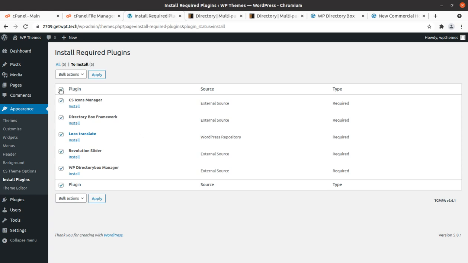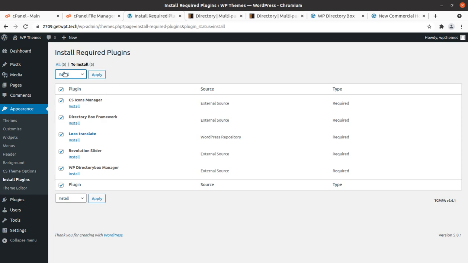So I am choosing to install all the 5 plugins in one go. And again, if you are not confident about your server capacity, don't choose to install all plugins in one go. And if you are ordering the Directorybox WordPress theme at the WP Themes channel, you shall be getting the same quality server as you are watching on the screen. So let us go for the perfect hosting plan. It is strongly recommended that you have a suitable hosting plan for your WordPress website, because without speed you are not going to gain anything, and speed is directly associated with the hosting plan that you have.